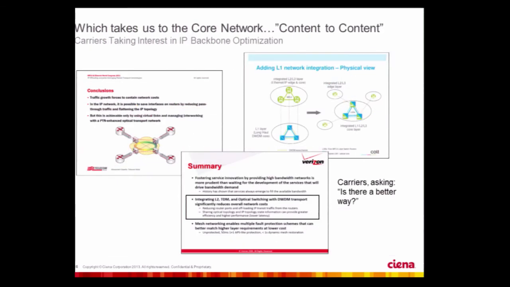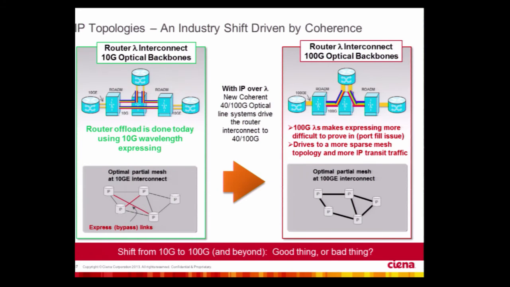And then in terms of the core side of the network, these are a couple of examples of carriers that are discussing publicly that they support IP services, but in terms of the transport, they would rather not do it with routing, because it would be too expensive. They are interested in using the packet optical converged platforms.